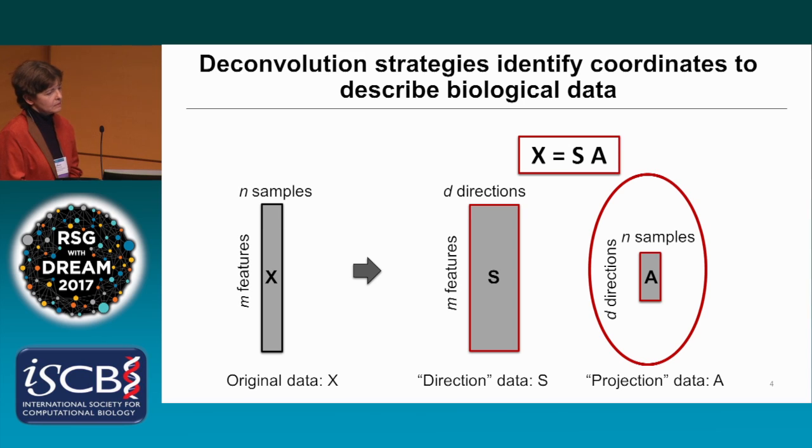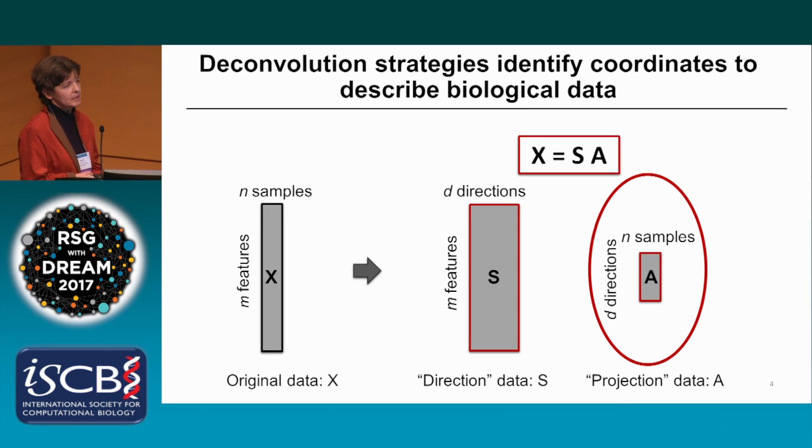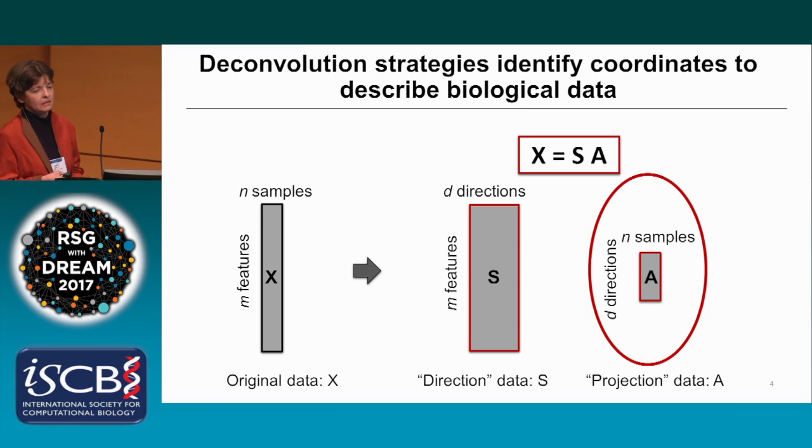So what we are doing instead of looking at these standard procedures is applying deconvolution strategies for identifying better coordinates which describe the biological dependency data. And as you know very well, the